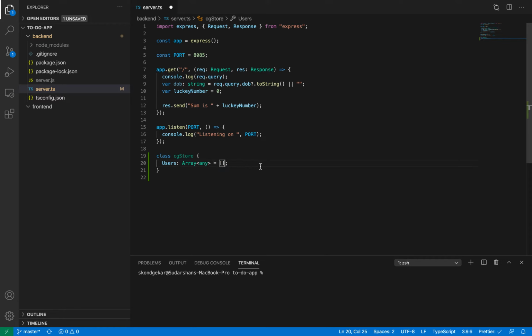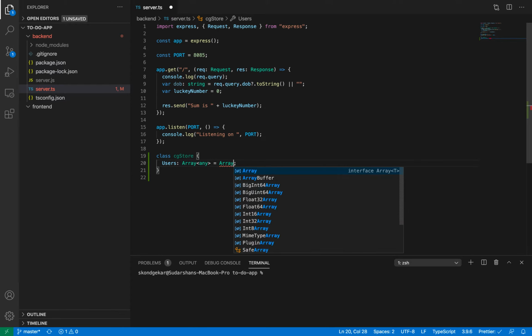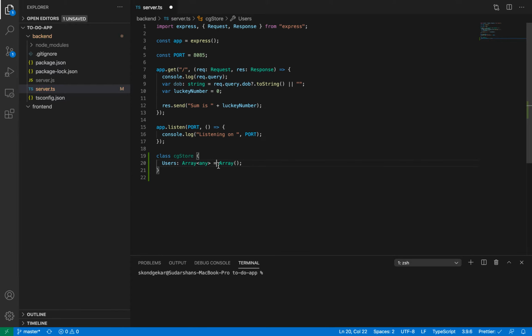This is a notation to create an empty array. So I have created users as an empty array over here. I can also write it this way. This is also valid for creating an array. But if I want to use a shortcut, I can do it this way.